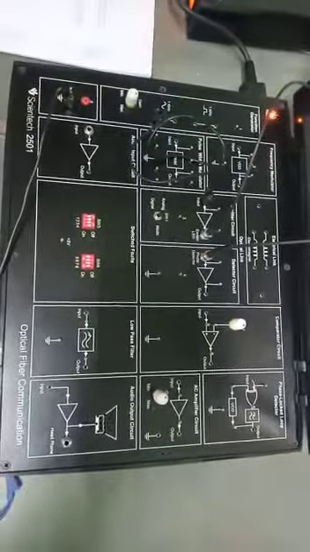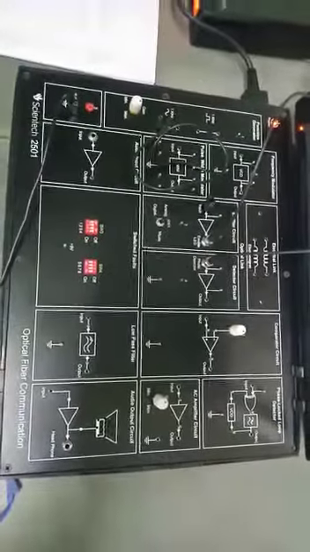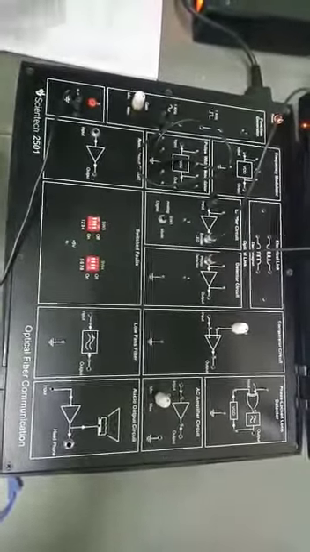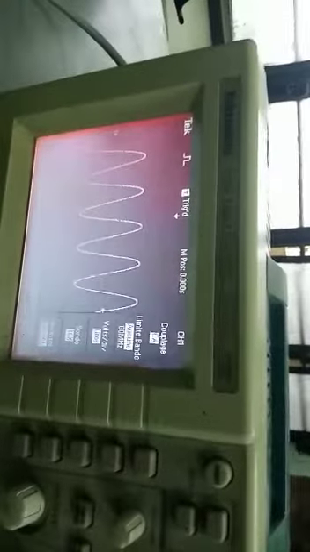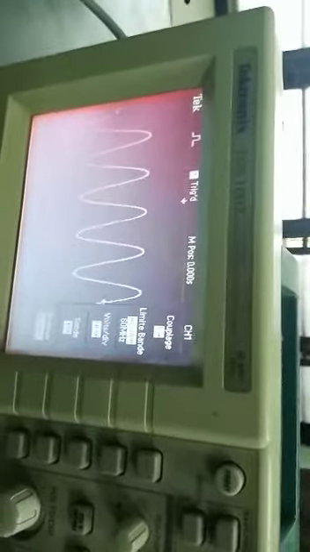Now I will show you the procedure. First we will switch on the power supply, and then we will put the oscilloscope channel 1 to 0.2 volt. I will show you the waveform, how the waveform is changing. This is the input signal which we are going to transmit. Now we will see what losses we get when we bend the fiber. Because of the bending of the fiber we will experience some kind of losses. In this signal you can see the 10 volt signal we are going to transmit at 60 megahertz.